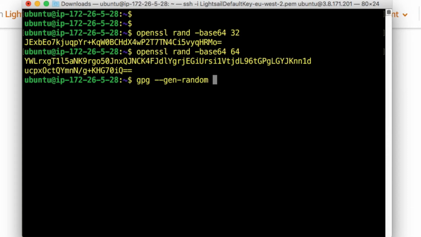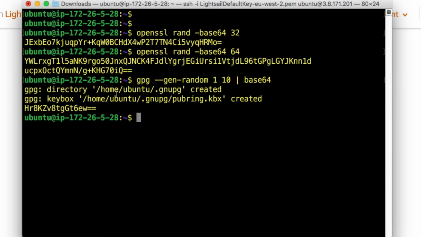I'm telling GPG to generate a random key, and you can specify a quality level from 1 through to 2. That's the quality level that I'm selecting, and you can select the number of characters you want in the key. If you want 10 characters, you just specify 10, and then we tell it to use base 64 encoding. So if you say base 64 and hit enter,